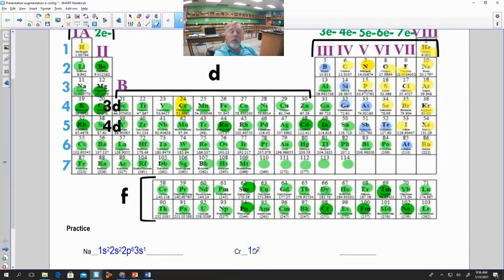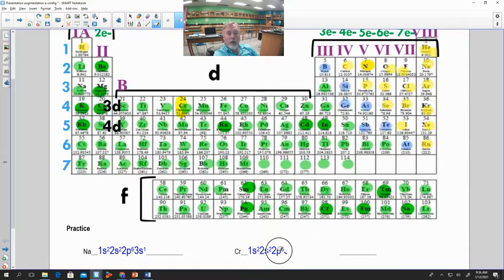So much like you saw with your bubble charts, everything starts off with that 1s, and you get 2 electrons in, and you go up. So there's a pattern. It adds on every time you go up to a new element. Well, that's our first line in our periodic table. Let's go to the second one. We have our 2s, and both electrons are in there. We keep going across that second row. We come to our 2p, and it has all 6 of its electrons, 2p6.